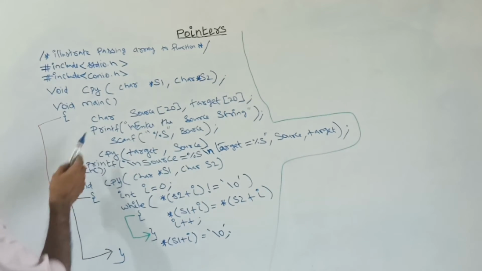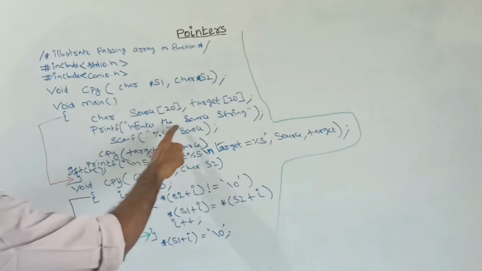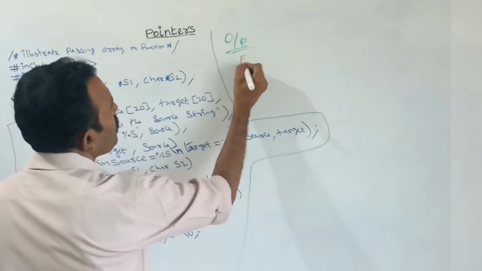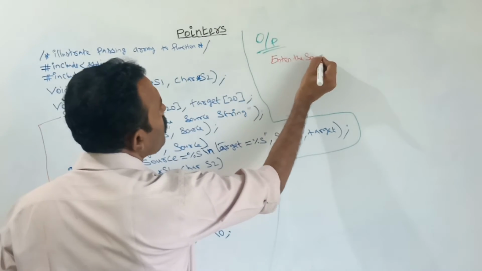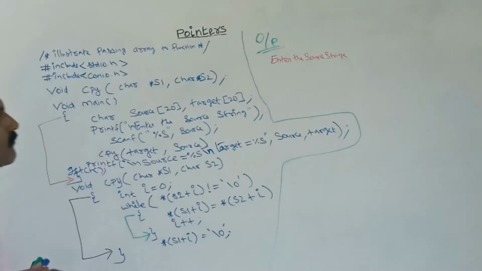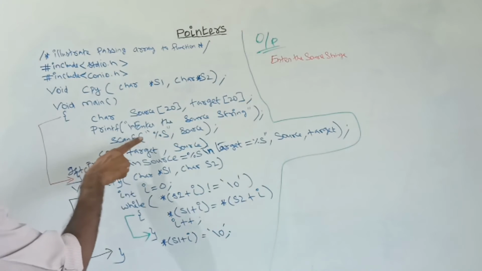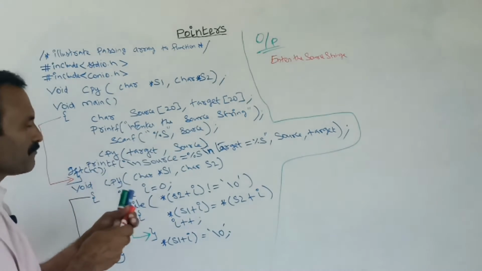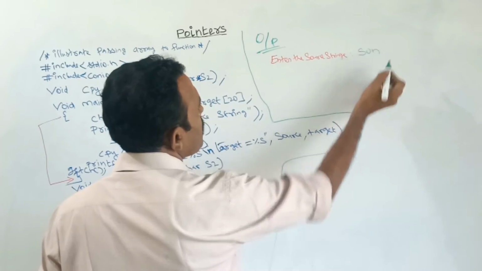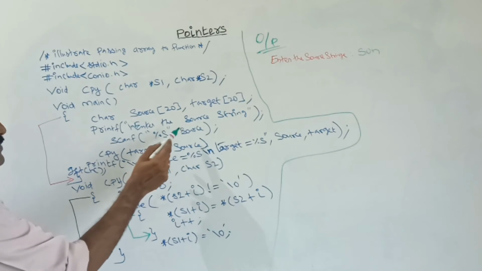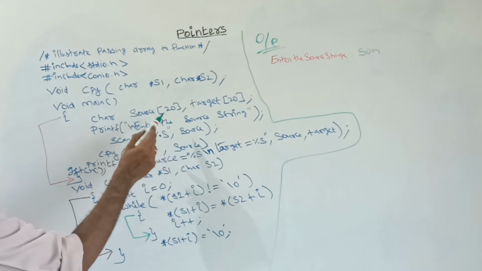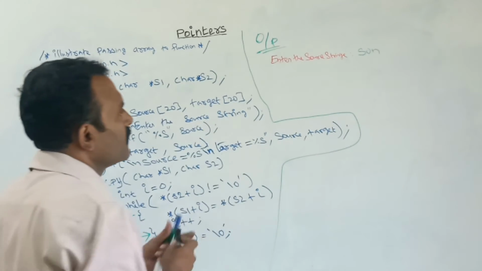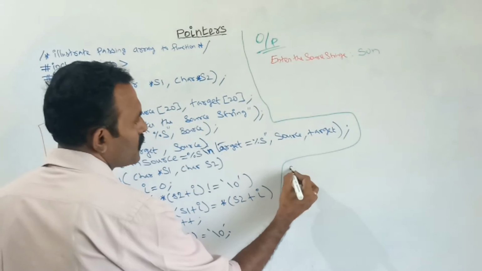In this step, in the output, I am telling it to print, enter the source string. Next, in this step I am getting the input for this variable. Suppose you give the string sun on the keyboard, then the system stores that sun to the variable, which variable? The source variable.